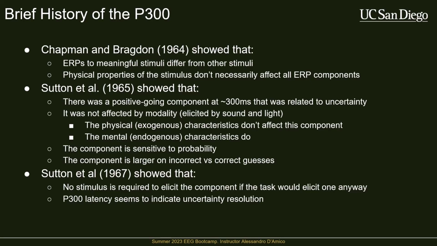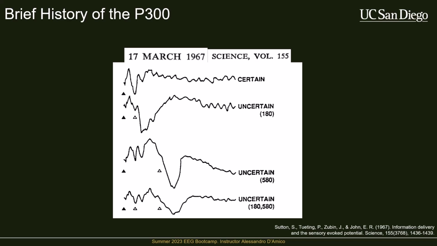Now in 67, they were really trying to figure out, okay, let's see if this is really reflecting uncertainty processing. So they had this super cool task, and actually I saved the figure for this one because it's really cool. They had a task where the participants were going to be listening to clicks, and they would either be presented with 1 click or 2 clicks. And the 2 clicks came in 2 different variations. The variations were that it would be shown either 100 milliseconds from the first click or 500 milliseconds after the